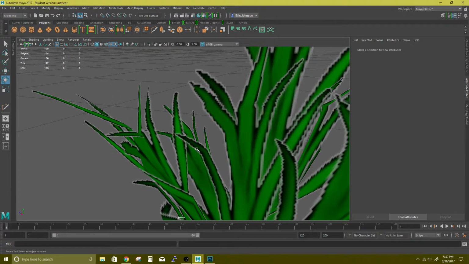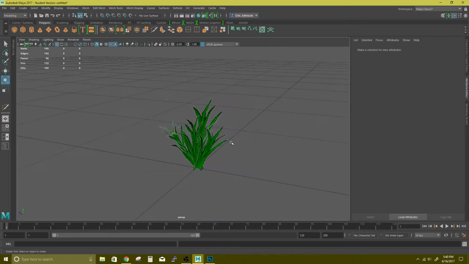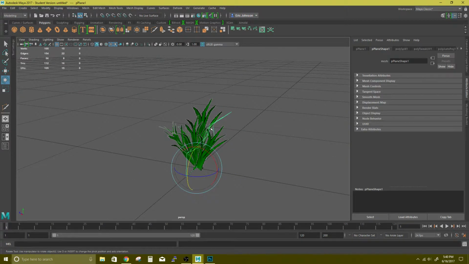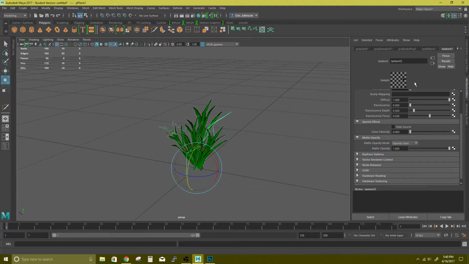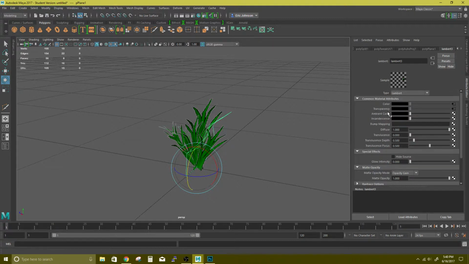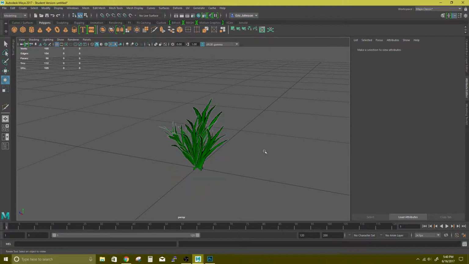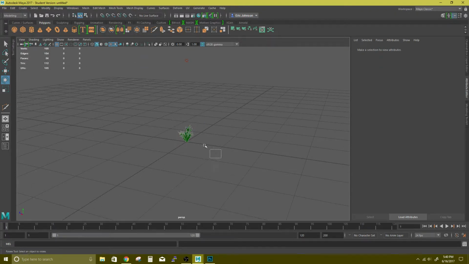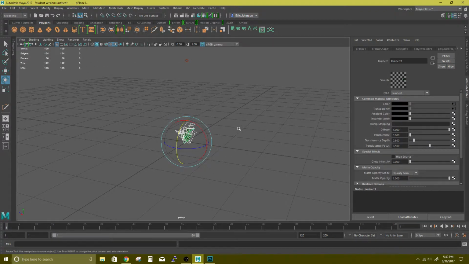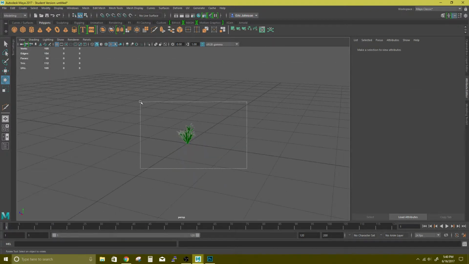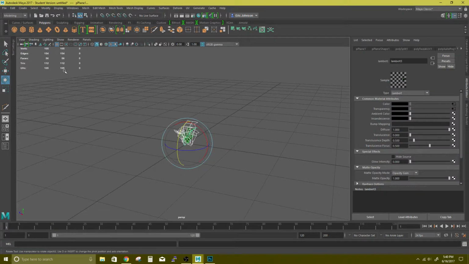You can spend a lot more time than what I did on making grass. But that is basically it. And then when you have this into a game engine, you can see it's 112, which